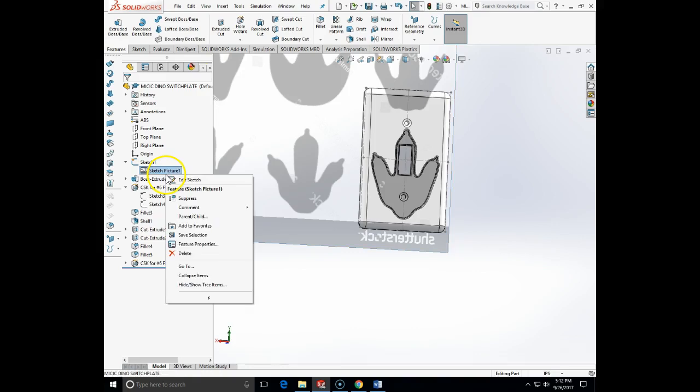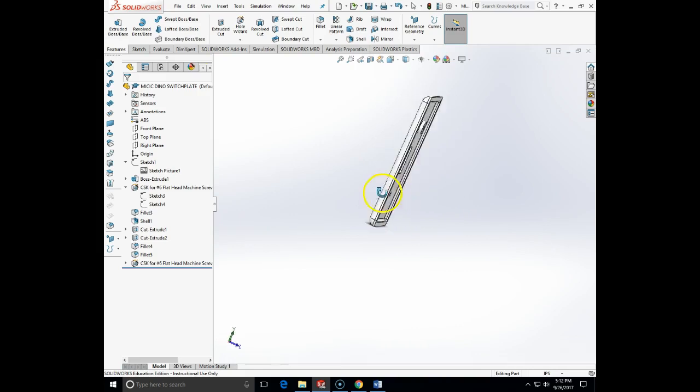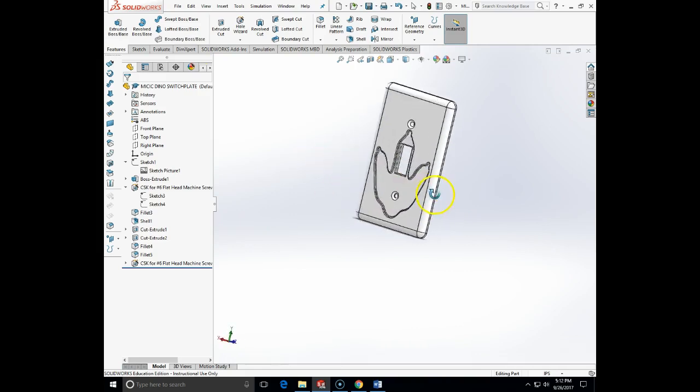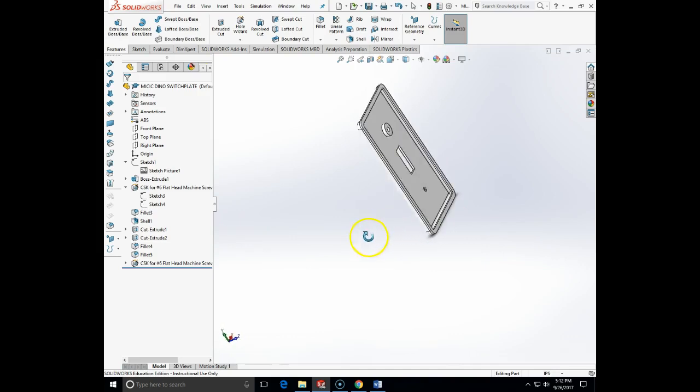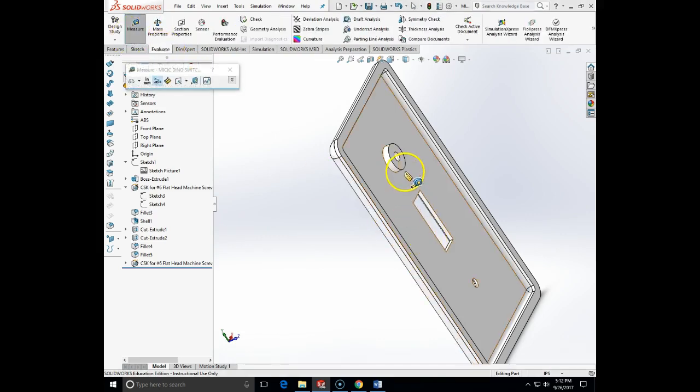Now I can make this sketch invisible, hide, and here is my dinosaur switch plate. What else I can do if I want to have an embossment here for the hole? I can build that boss back because it disappeared because of the order of holes and shells. So what we can do to make this one to be formed again is just simply evaluate. Let's see what is the diameter of this one. It's